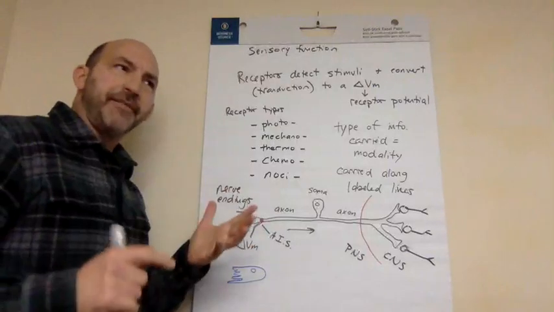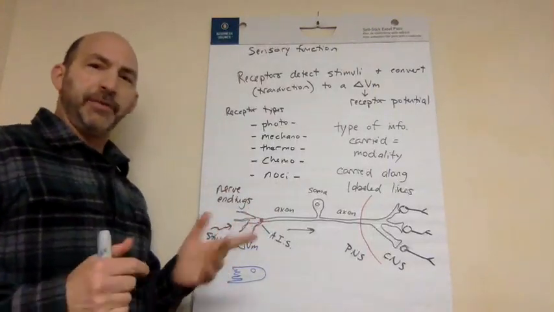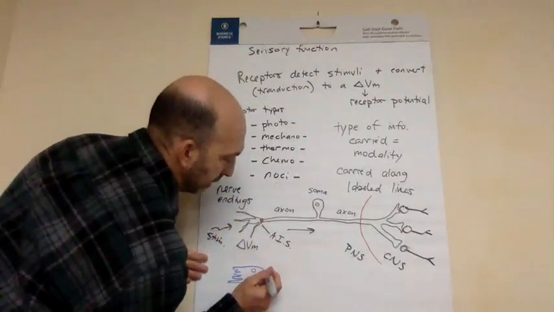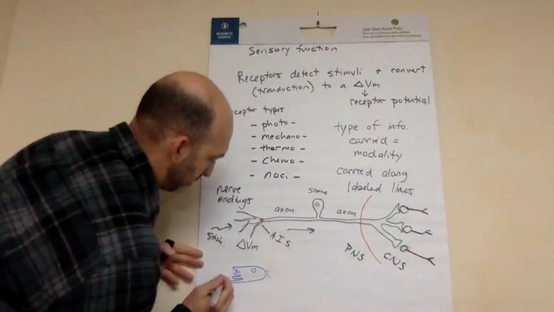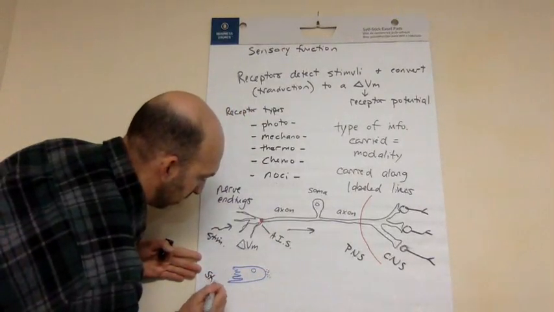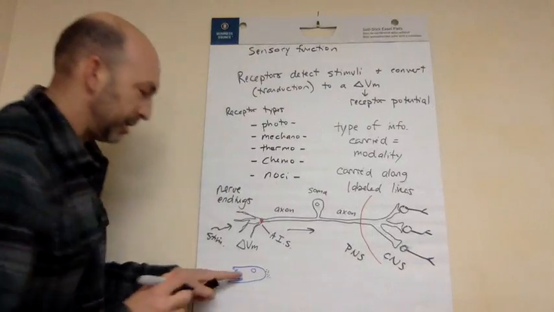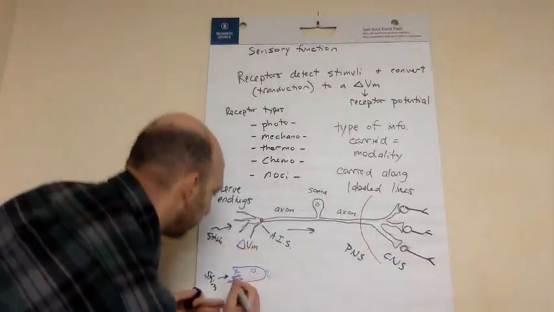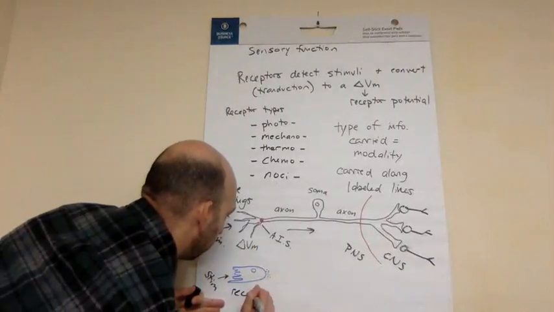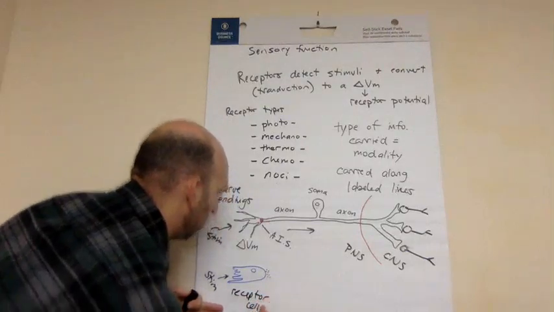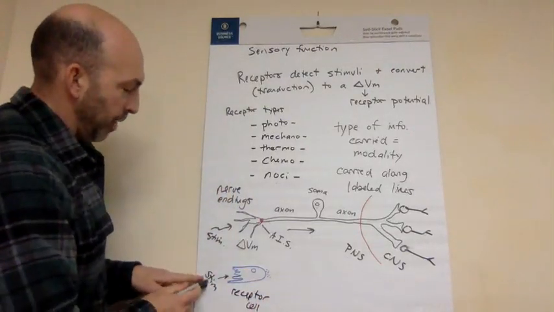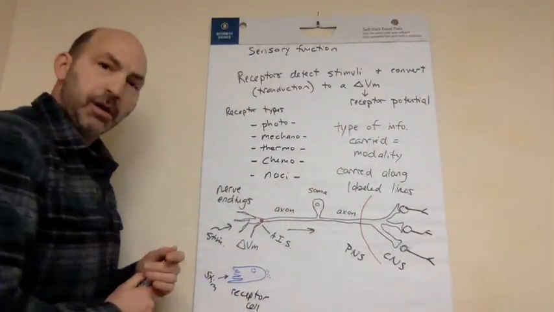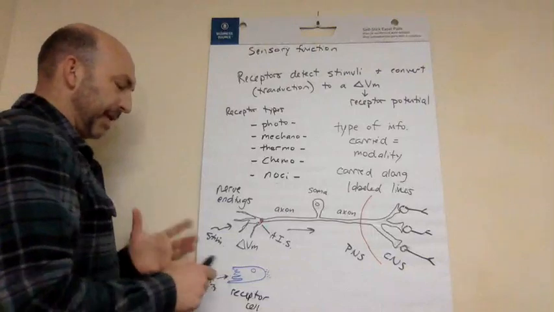Sometimes it's a neuron or a modified neuron, but sometimes it's a modified epithelial cell. It's not even a neuron. But in this system, this cell is going to release neurotransmitter upon receiving a stimulus. Remember, this is special senses, so all special senses are a two-cell system. The receptor cell will release neurotransmitter, after a receptor potential, in response to that graded potential,